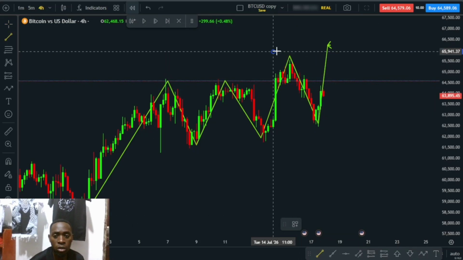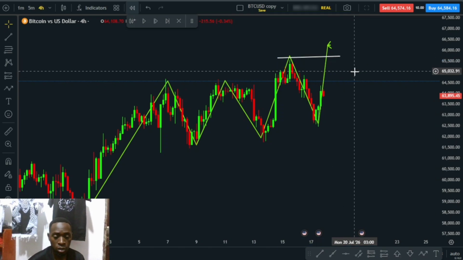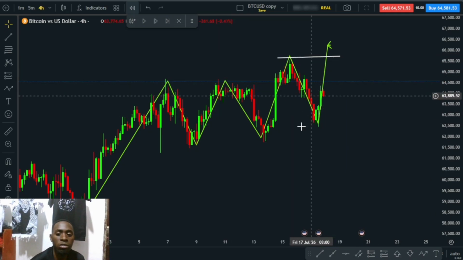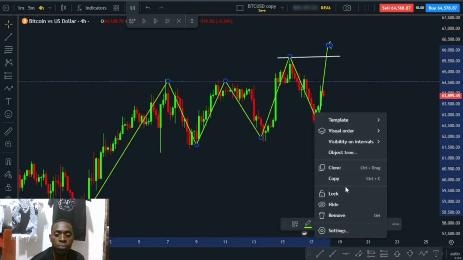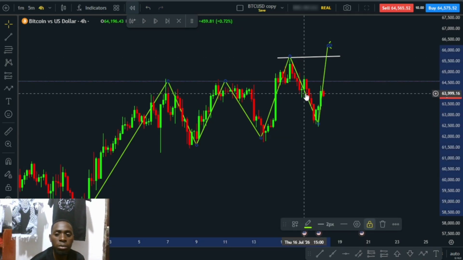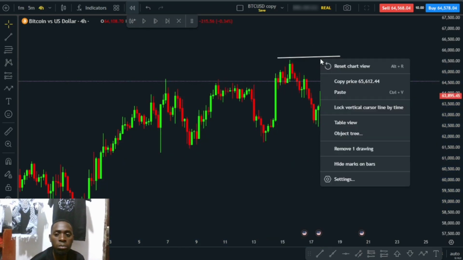As simple as that, you would have determined that the high time frame is bullish. With that in mind, we shall go ahead and drop down